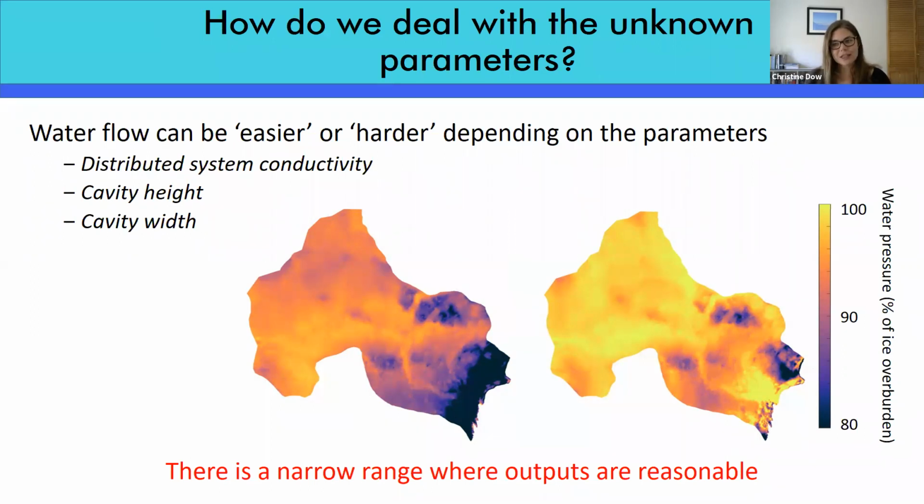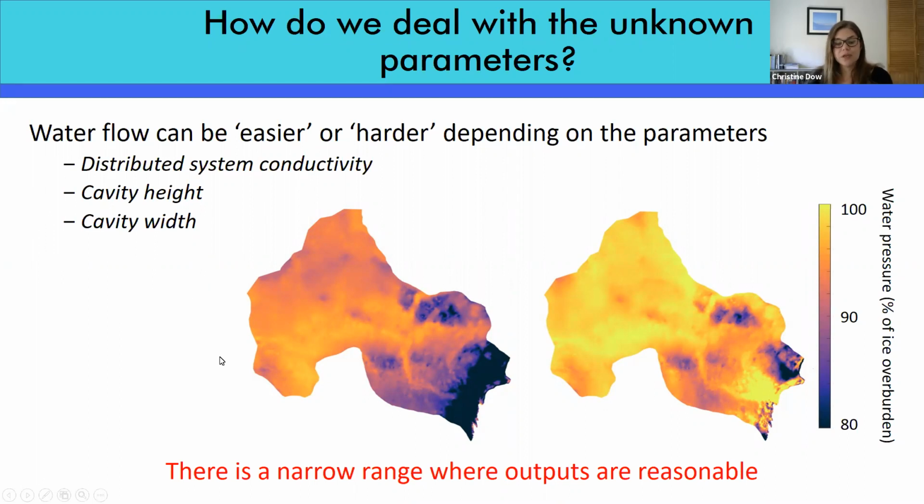However, the reality is a little bit more complicated, and it is essentially determined by how easy or hard it is to get water to flow through this model. Some of the parameters that we can change to determine this are, for example, the distributed system conductivity, which tells you how easy it is for water to flow through. And our cavity height and width also tells us how big a space needs to be filled before that system gets pressurized. So it doesn't really matter which of these parameters you choose. If you make any one of them too big or too difficult for water to flow through,